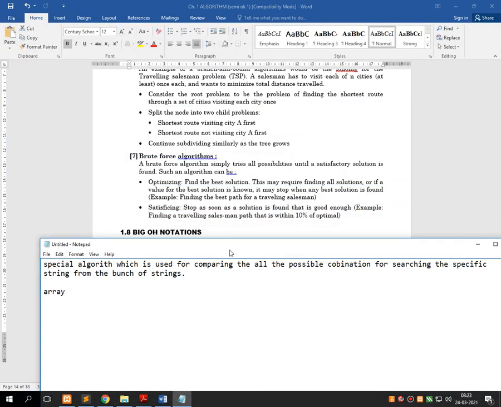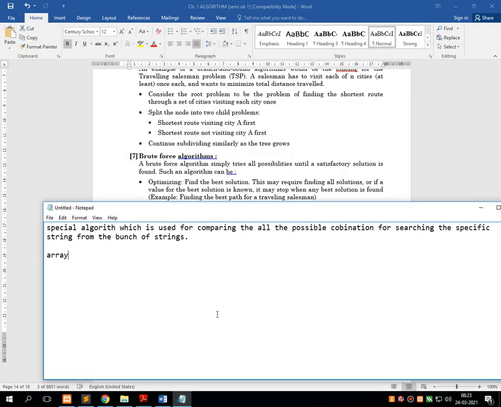Let me again repeat my words as I am typing over here, so it will take a few seconds. Brute force algorithm is one type of special algorithm which is generally used to compare a string with a bunch of strings with all possible combinations of characters.